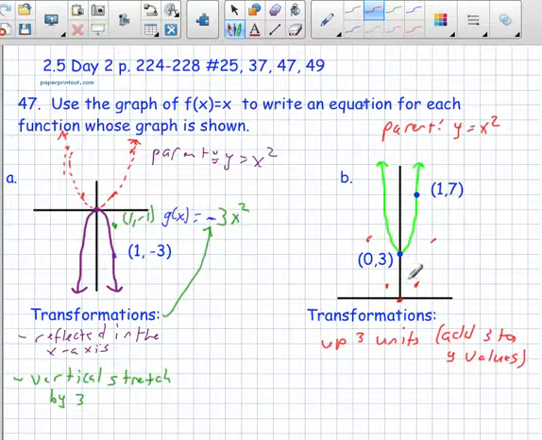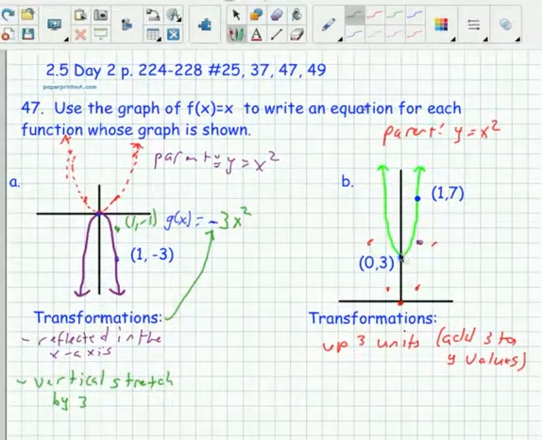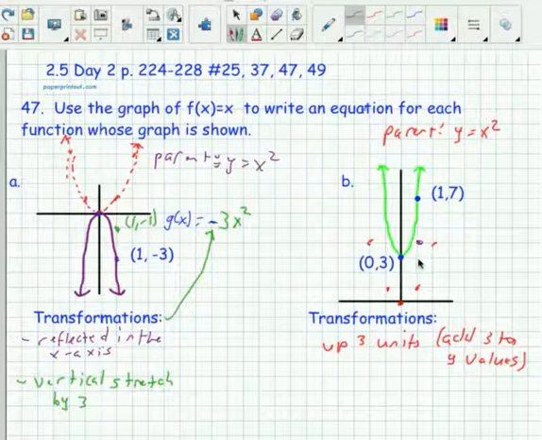But what else is going on? It's not solely up 3. This graph also looks narrower. So normally, if I shifted my parent function up 3 units, I would have (0, 0) goes to (0, 3), but (1, 1) will go to (1, 4). So we can see normally we go right 1 and up 1 on the parent function. But now we're going right 1, and instead of going up 1 to (1, 4), we're going right 1 and